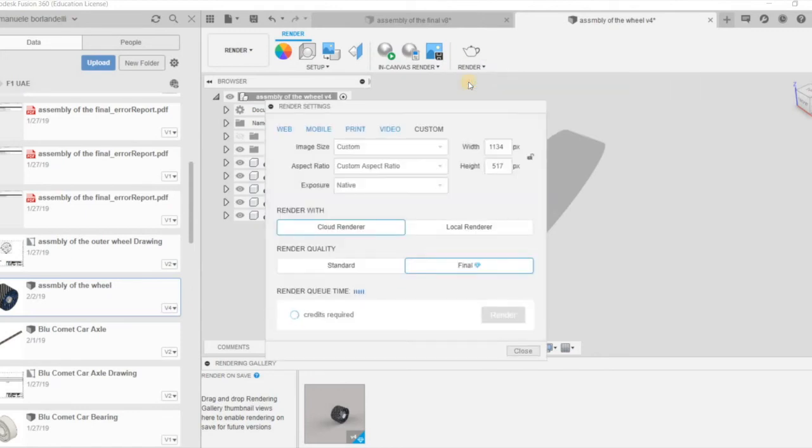Now, some time ago, you had rendering on cloud and rendering on your computer. When you render on your computer, it's worse than rendering on the cloud. See, you have cloud render and local render. I always cloud render because, first of all, with local render, if you change the perspective, you have to reinitiate all your process again. And second of all,